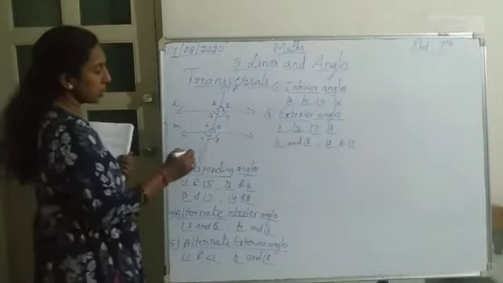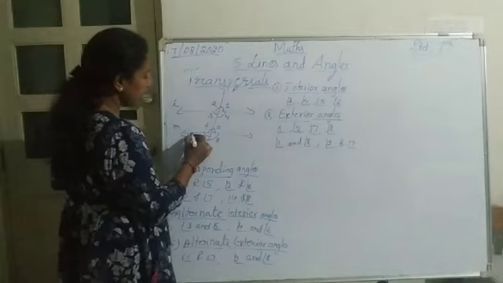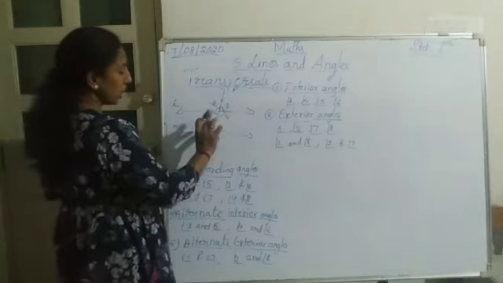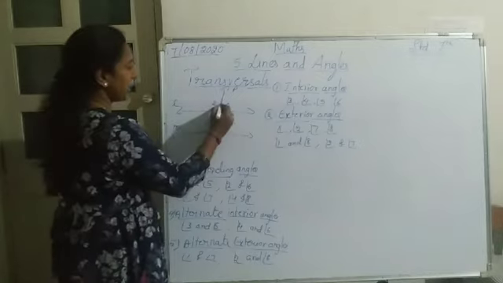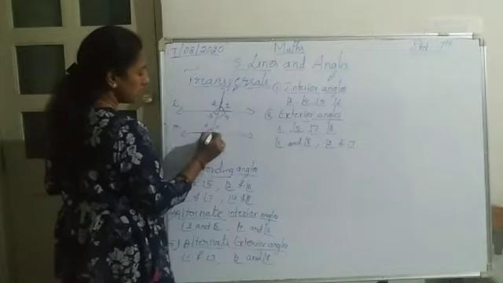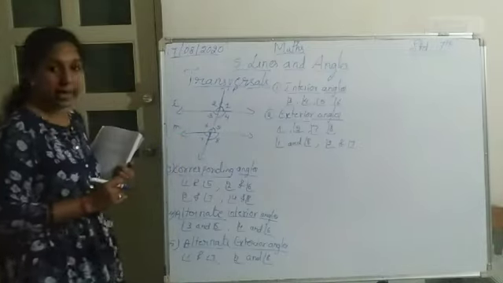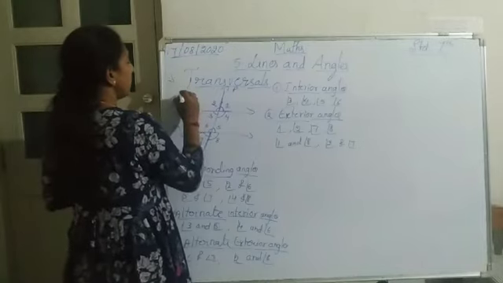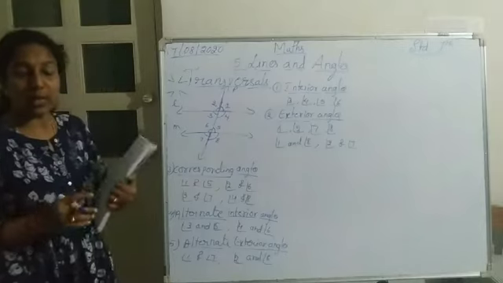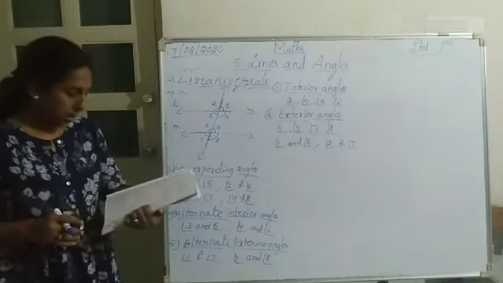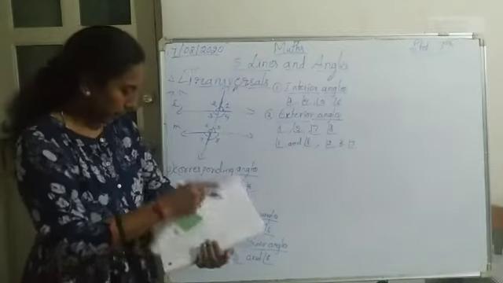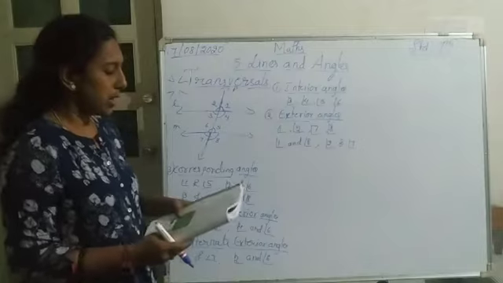So if you see here, for alternate exterior angles, if we draw the V outside like this, we come to know which are those alternate exterior angles. If I draw a V like this, then another V is drawn in the reverse, opposite side. One V like this, and another V like this. Then I will get the alternate exterior angles. Okay, so these are the alternate exterior and interior angles.